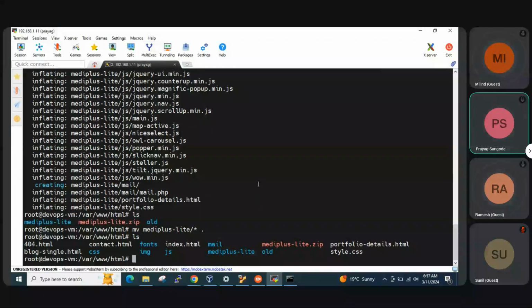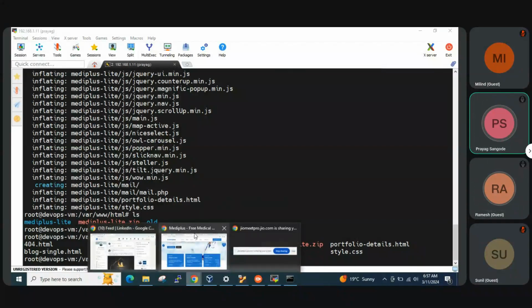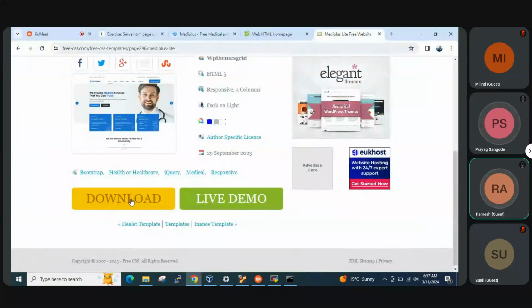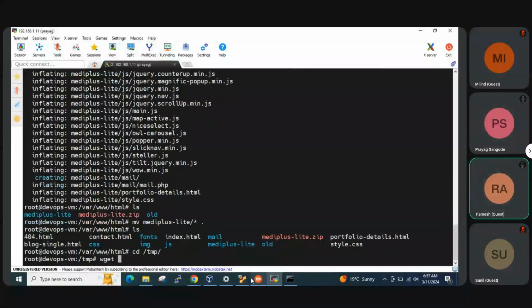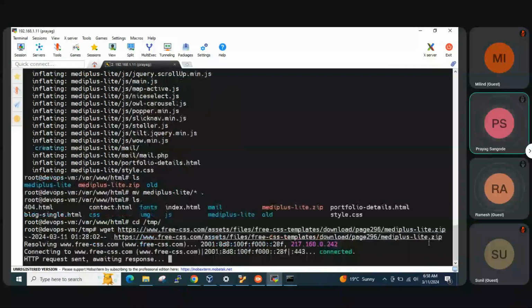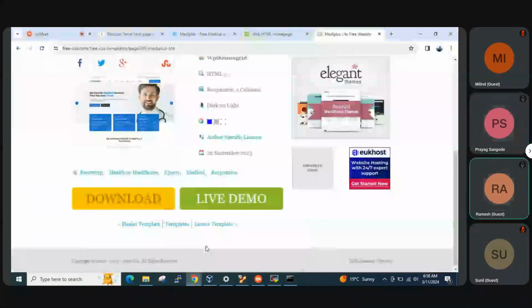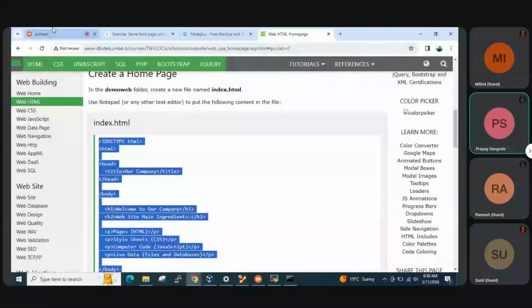So this is not important for you, okay? But in case you want to download it, what I did was, here this is the download link, okay? I just said copy link address and I did cd /tmp, wget, that zip file download link. So now next